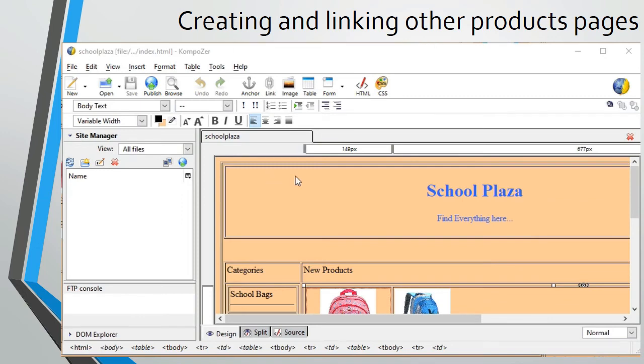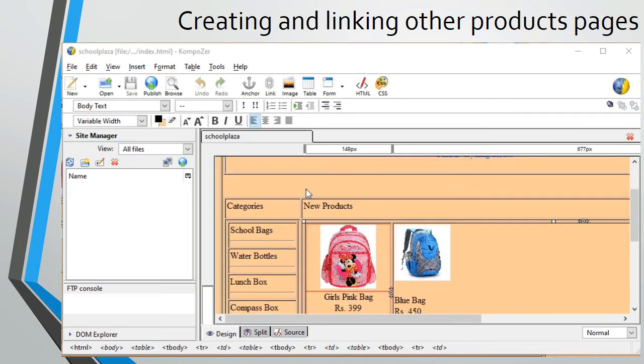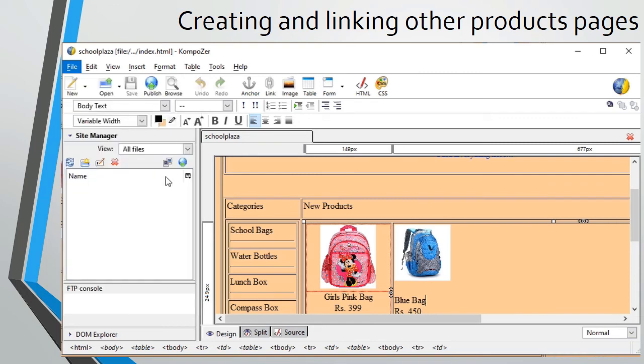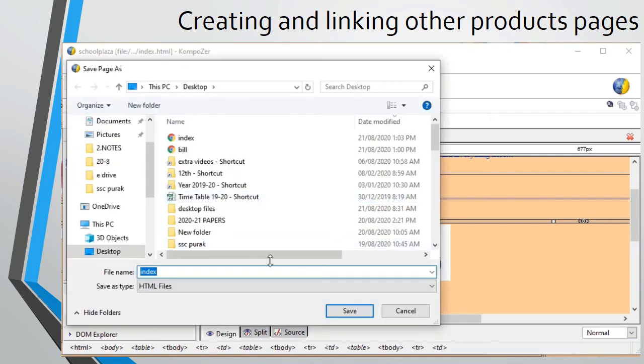Now we are going to create links for different categories. For that we need not create multiple web pages from scratch, but we will simply save this page with a different name. For example, the second category is water bottle. We are going to save this page as waterbottle.html.